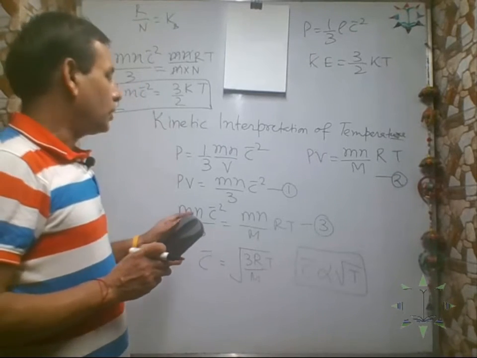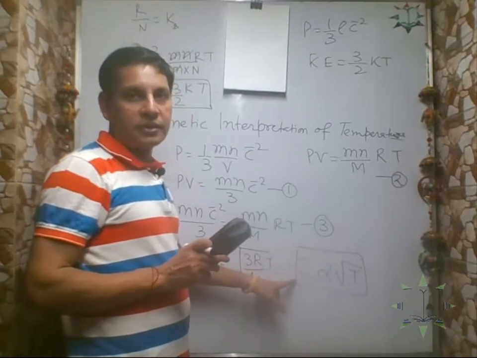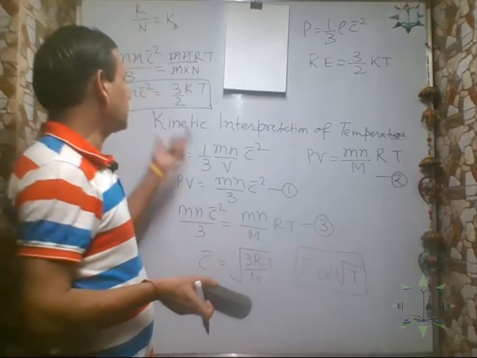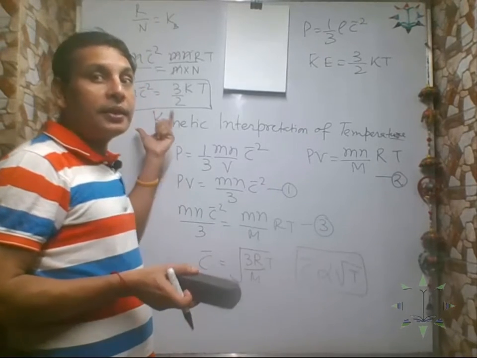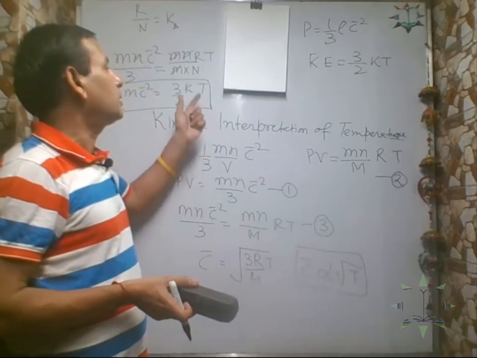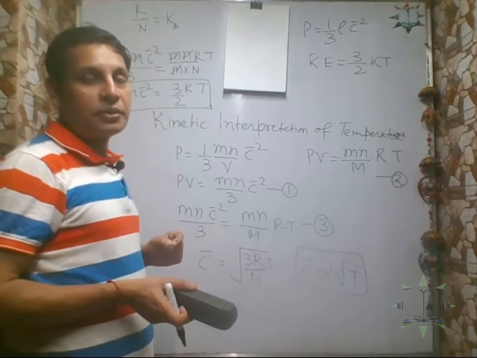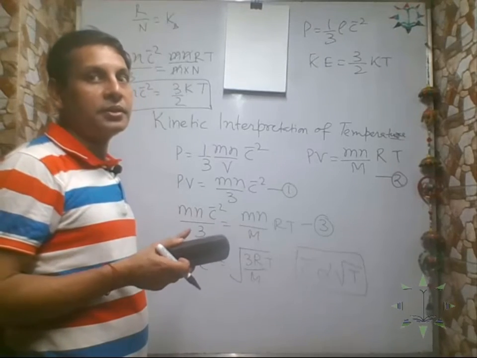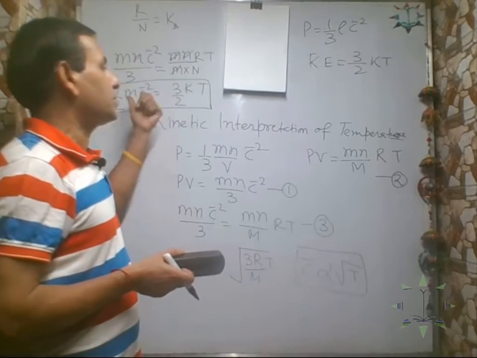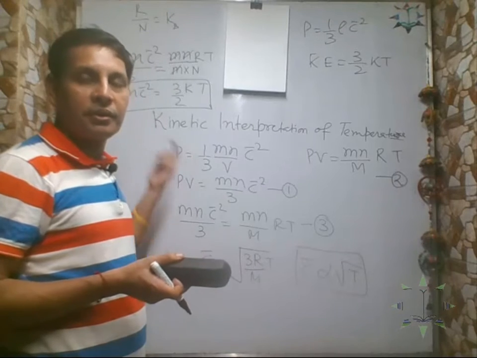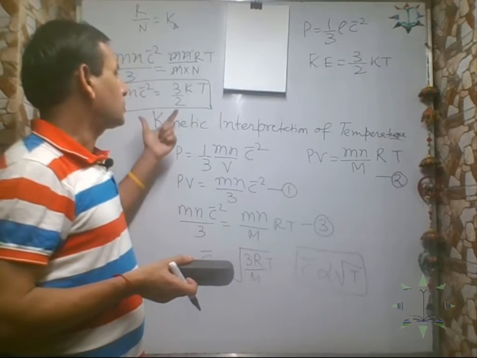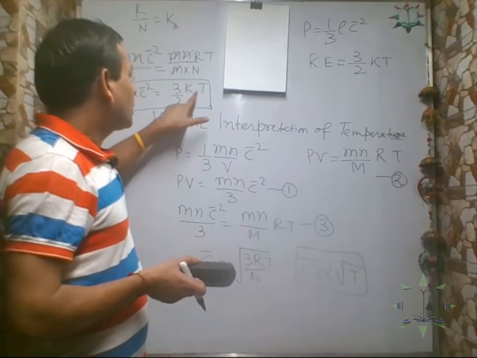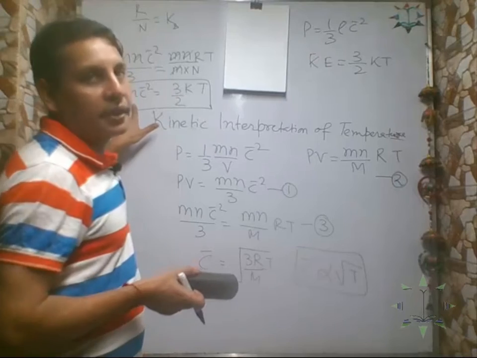If T is increasing, the velocity increases. When T becomes 0, the velocity becomes 0. If the velocity is 0, then the kinetic energy vanishes. Hence, we cannot imagine even a temperature less than minus 273. Temperature below absolute 0 cannot exist. Why? If it were lower, the kinetic energy would become negative, and negative energy we cannot imagine. Correct. So this is the kinetic interpretation of absolute temperature, that at absolute 0 the mean kinetic energy of the gas